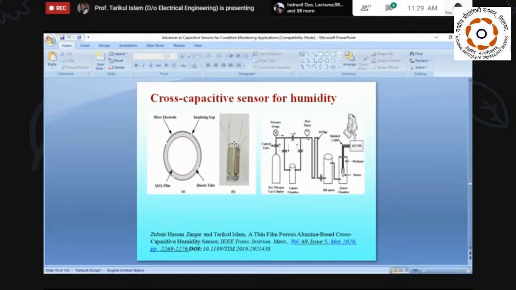Suppose there is a pipeline system. Gas is flowing through the pipeline, and we have to measure continuously the moisture level or water level there. So that sensor can be part of the pipeline. If you place this sensor within a metal case, then its reading should be much better, and it can continuously measure the moisture level of the gas, or any pipe and the fluid that is passing through inside. So this is another new application that we have explored, the cross capacitive sensor